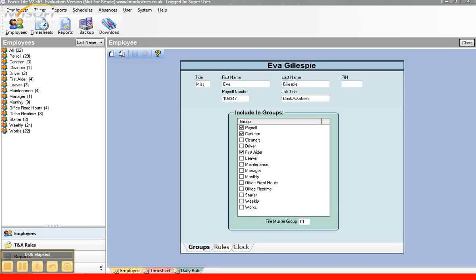The purpose of these demos is to briefly show some of the key functions of the Focus software without going into too much detail. Please feel free, however, to contact us if you require a more in-depth and personalised demonstration